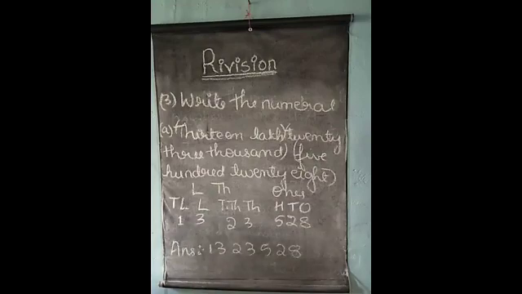We use commas to separate the periods. So I will put commas here. We know that according to the Indian number system, from the right side, 3 digits constitute the ones period, after that 2 digits constitute the 1000 period, and after that 2 digits constitute the lakhs period. Here we use commas to separate the periods.